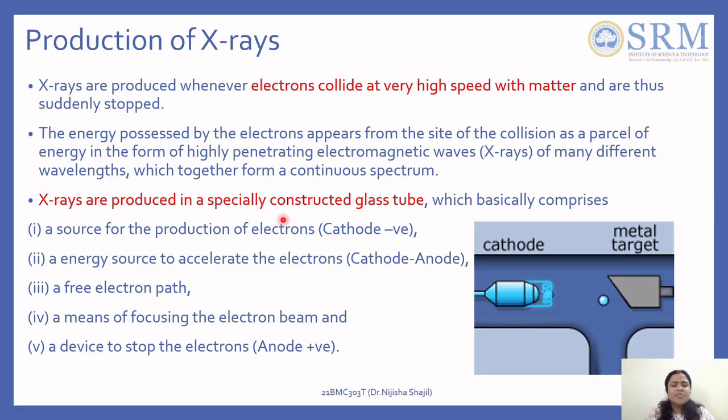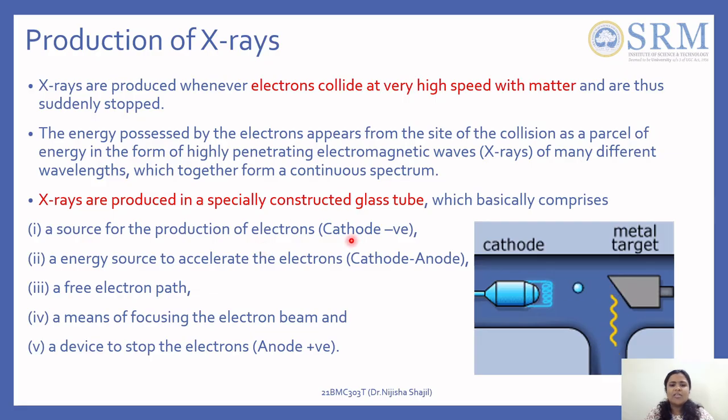So X-rays are produced in specially constructed glass tubes. We cannot do it in anything else because you have electrons, all these concepts. So you have it in a glass tube. What are the main important components for production of X-rays? First, you need a source for the production of electrons. So first I need the